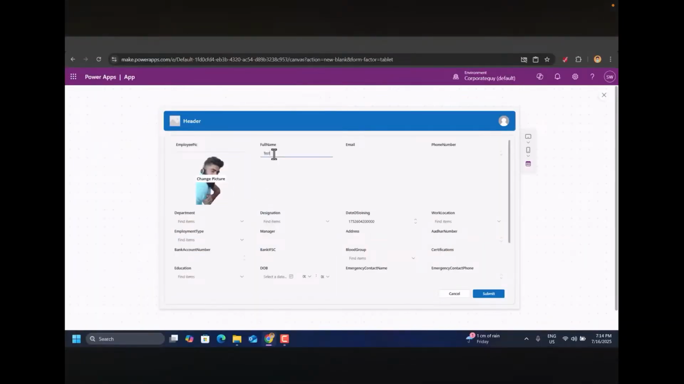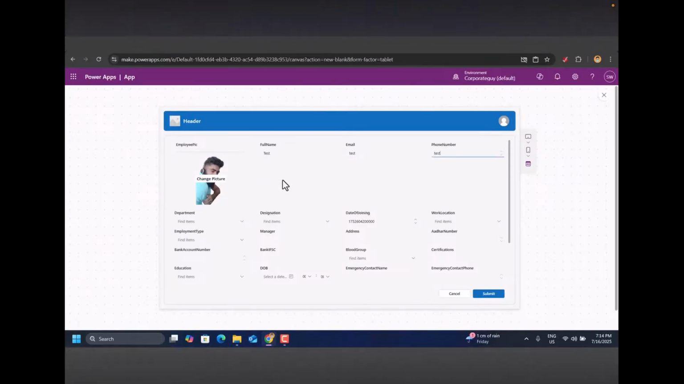I'll go and first of all add the employee picture here. Let's say I'll add my picture again, and then I'll add my full name here. Let's add test. So now there are multiple ways where you can improve the overall functionality of this Power App,